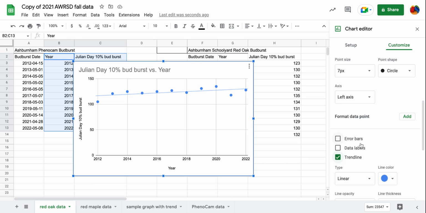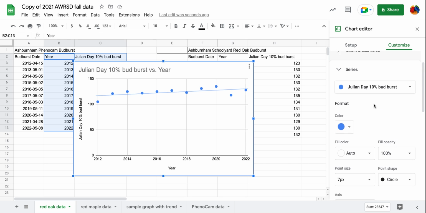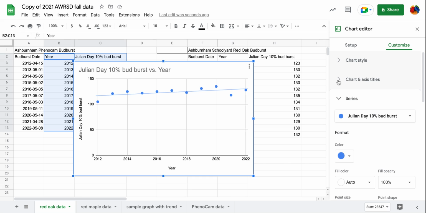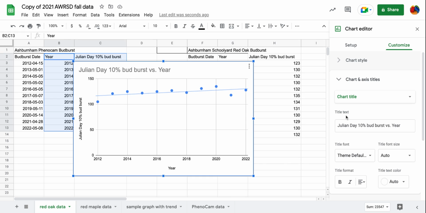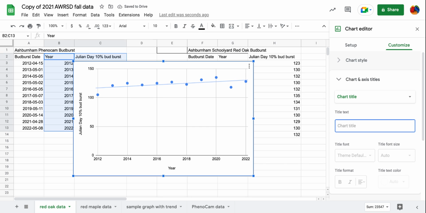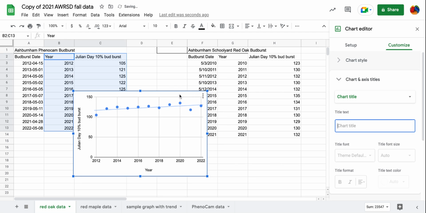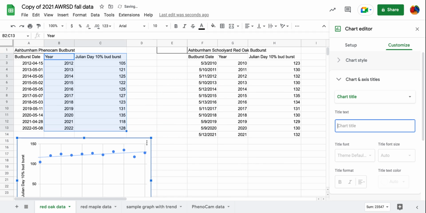Now the last step would be to make a better title for this graph. This is not a good title. So if I go up, I can go to Chart and Axis Titles, Title Text, click in that box, delete what the computer chose for a title and type in a better title. I'll let you decide what would be a better title for this graph. Once you've fixed your title, you can maybe shrink the graph and move it over because we have a second